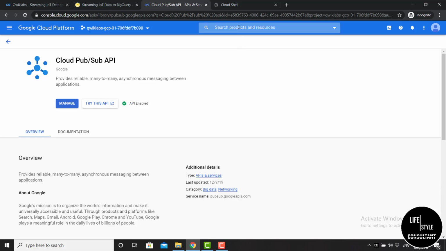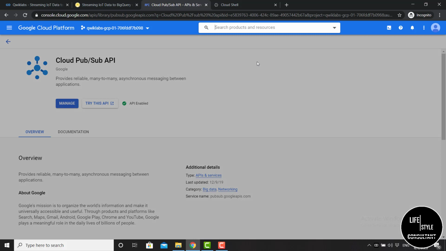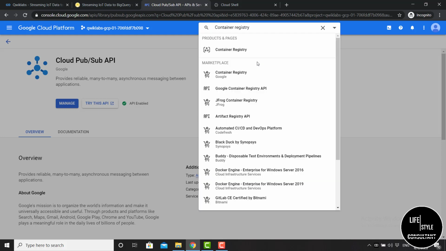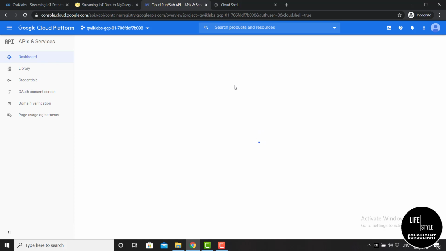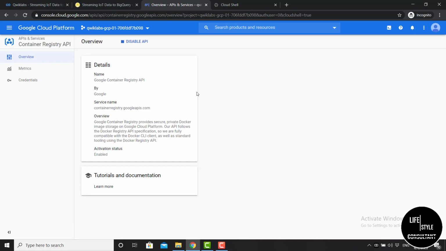It is Container Registry API. Here is this API, Google Container Registry API. Just click this and see whether it is enabled or not. You can see this API is also enabled.